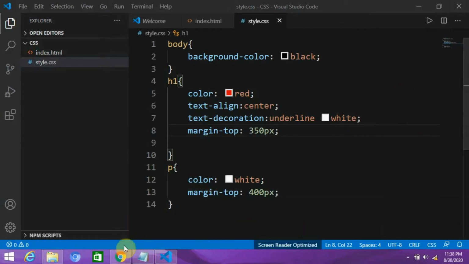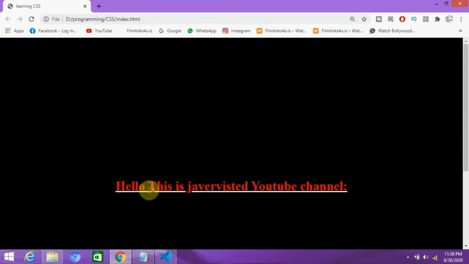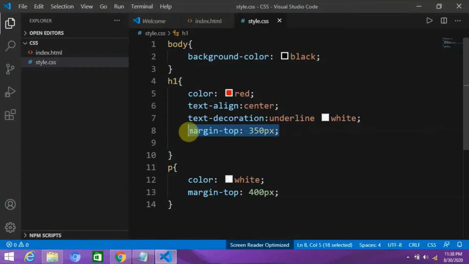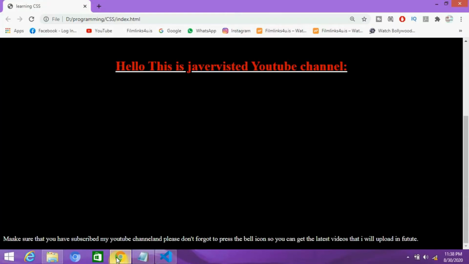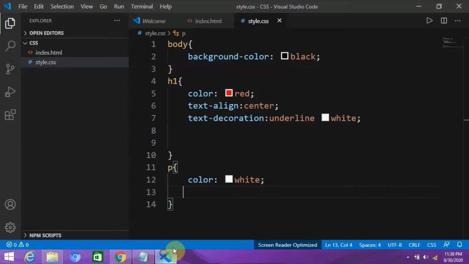Okay, now we will create a simple form, login form, or whatever you want to say, sign up form, login form, so that we will learn how HTML and CSS work together. Okay, I will remove the margin, and also I will make some changes in the heading